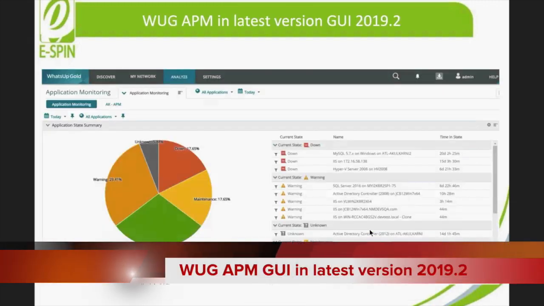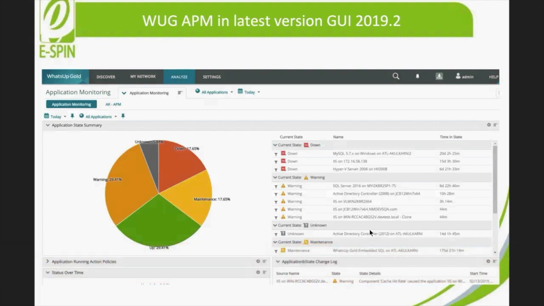This is a screenshot for the WhatsUp Gold 2019.2 service release version. The actual screenshot from the system. We just took a snapshot here to give you an easy look at the current version, right? How it looks and feels. Even the color toning remains the same, right? We have a warning, we have a down, we have maintenance, we have an up, and then we have unknown, right? Unknown is worth investigating, because